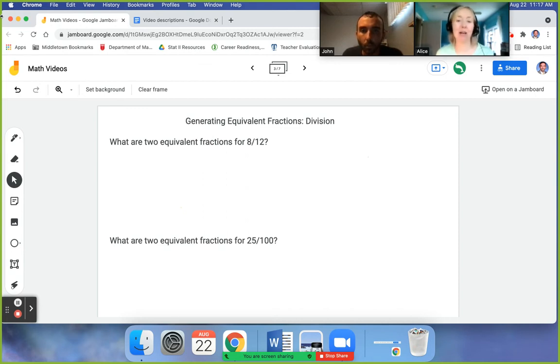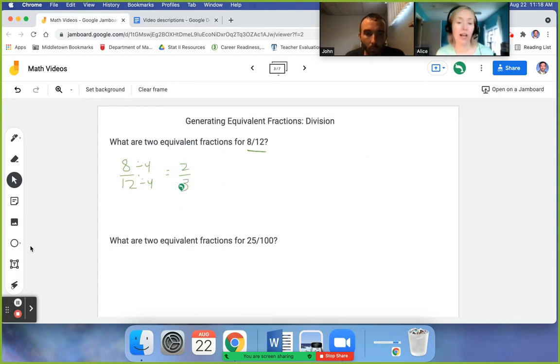And today we're talking about generating equivalent fractions, but today we're talking about doing it through division. So I'm just going to dive in and look at this first question. It's asking for two equivalent fractions for 8 over 12. So I'm going to say, okay, I look at those numbers and I think, well, I could divide both by 4. And that's going to give me 2